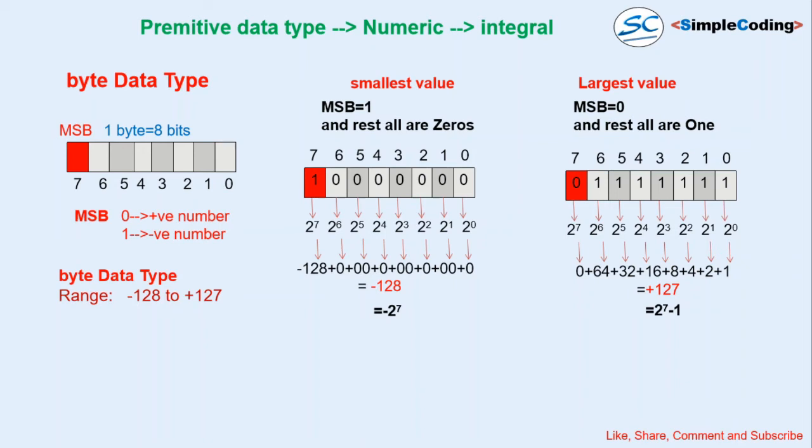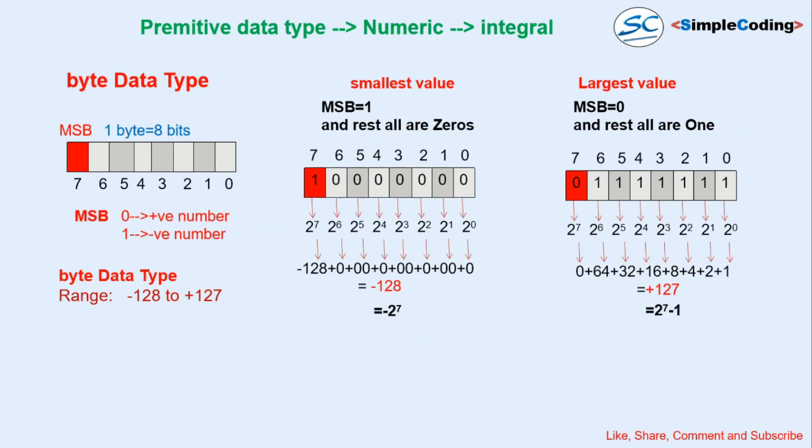To calculate the byte data type, we have considered 8 bits. On the left hand side, the MSB is there. To get the negative value, or the smallest value, we have set the MSB as 1 and the rest all are zeros, with 0 to 7 position. To convert into decimal, we have some rules. First we have to see the base value. We have base value 2, then the power of positions. Now 0 to 7 position we have written, then only 2 to the 7, that position, is available. In this case we have a negative value, so we will consider minus 128. After adding all those things, we will get minus 128 as the smallest value.